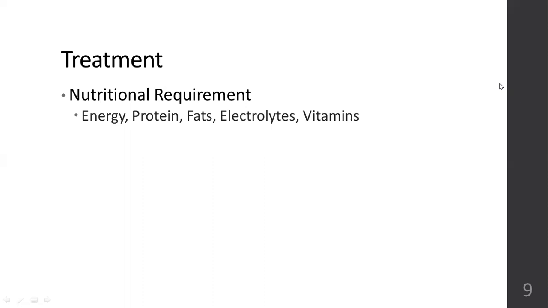Electrolytes, the child will be put on ORS. Okay, 24 hours ORS feed has to be maintained in the initial few days. That is, even if the child is sleeping at night, the child will be woken up and the ORS will be given to the child. Okay, and then the child is put back to sleep. And if the child is not taking anything from mouth, then IV fluids will be ongoing. Through intravenous fluids also, you can correct the electrolyte rate.